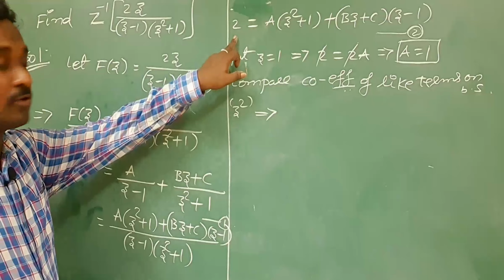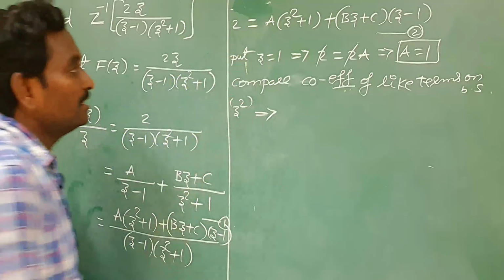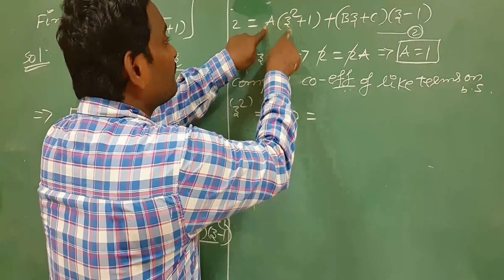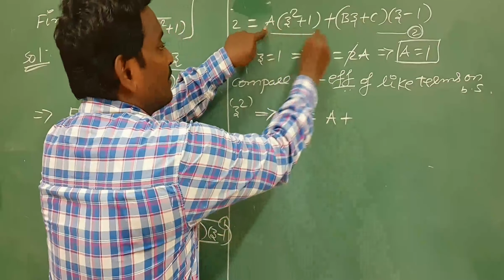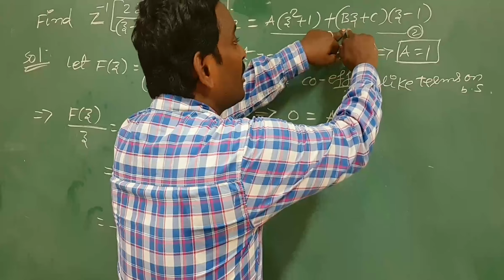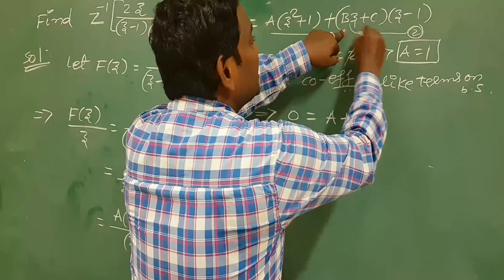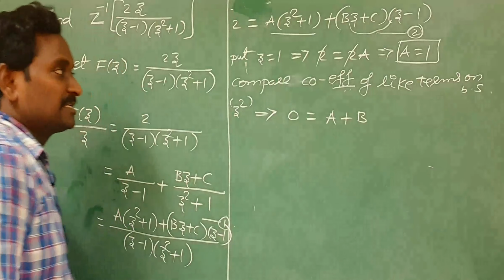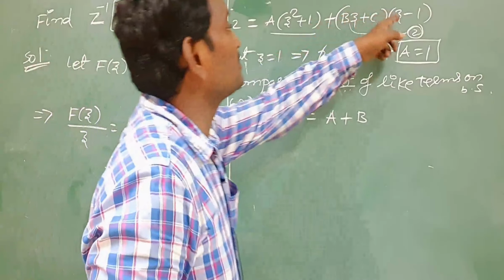In the left hand side we do not have any z square term. That's why the z square coefficient should be 0. In the right side, if you take this a inside, you will get the first term a z square, whose coefficient is only a in the first part. What about the second part? If you multiply these terms with z minus 1, the first term is bz into z, bz square, whose coefficient is b. Except these two terms, we do not get any z square term in this expansion.